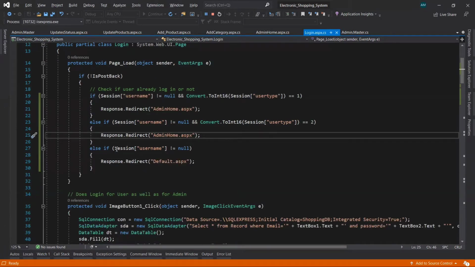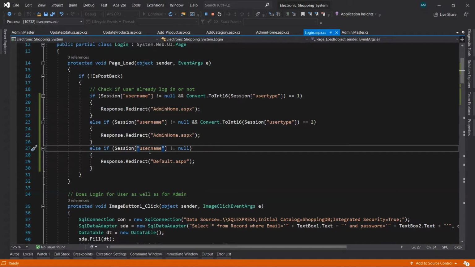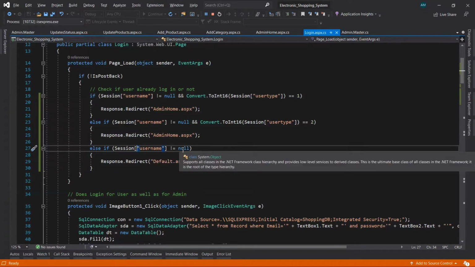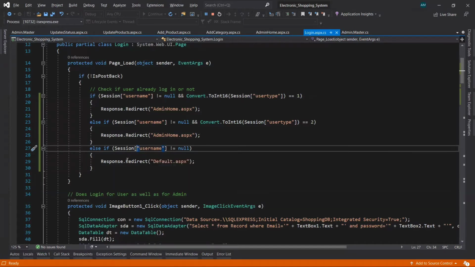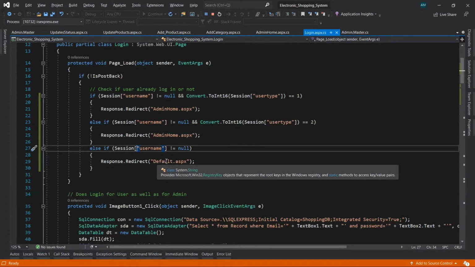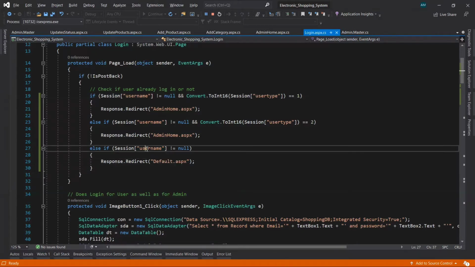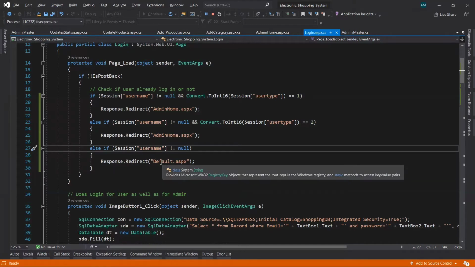And the other condition, that is in else if, it will check that the session of username should not be null. If so, then it will redirect to the default page. That means the normal user who has reached this page by mistake or through the URL will be redirected to the default page.